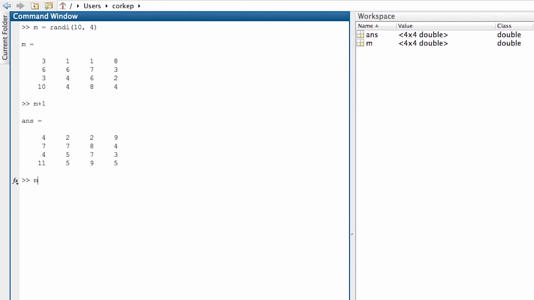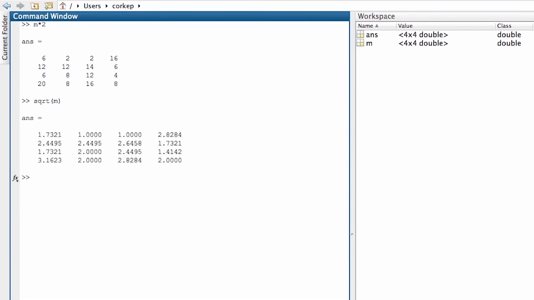Similarly, if I multiply the matrix by 2, we will see that every individual element in the matrix M has been multiplied by 2. We can perform more complex mathematical functions in a similar way. We can compute the square root of M, and what MATLAB is going to do is compute the square root of every element within the matrix. Finally, we can raise each element of the matrix to the power of 2. We use the operator dot caret,